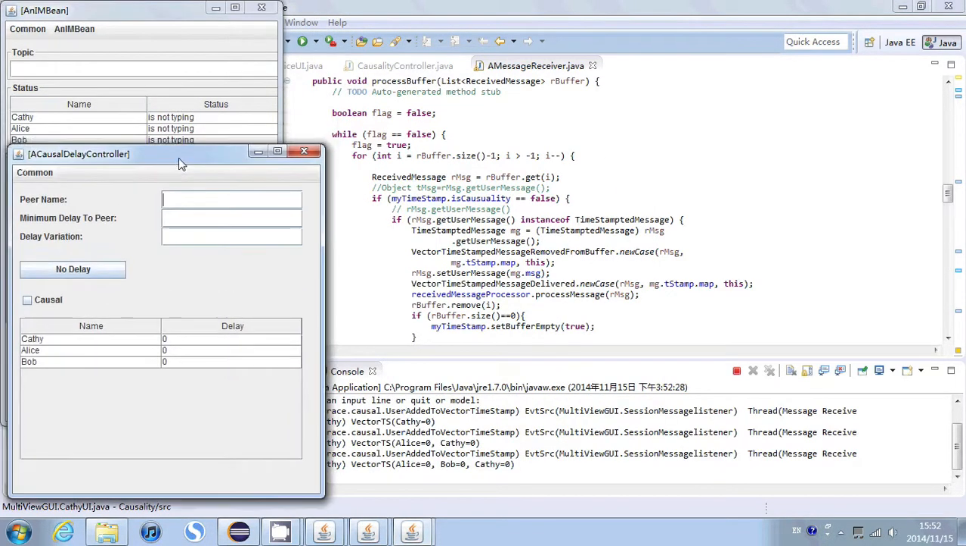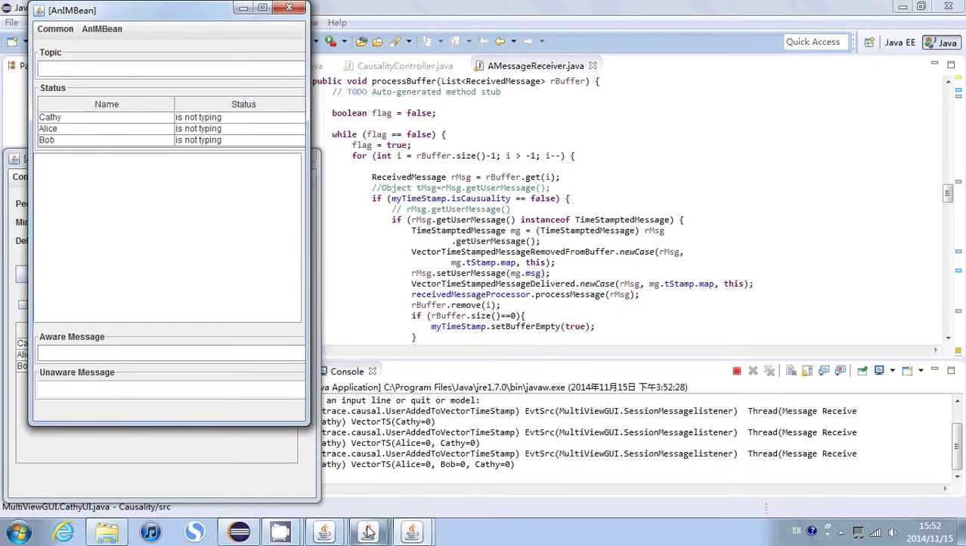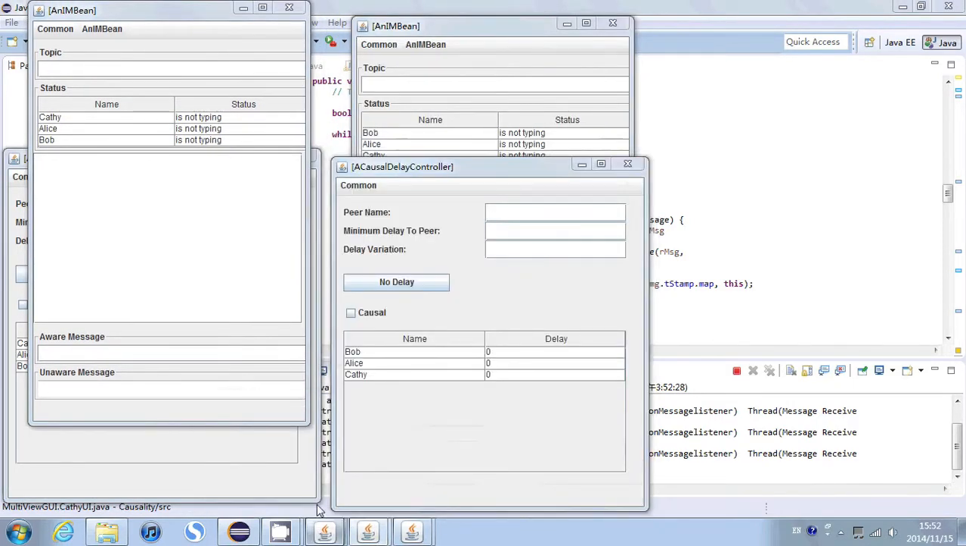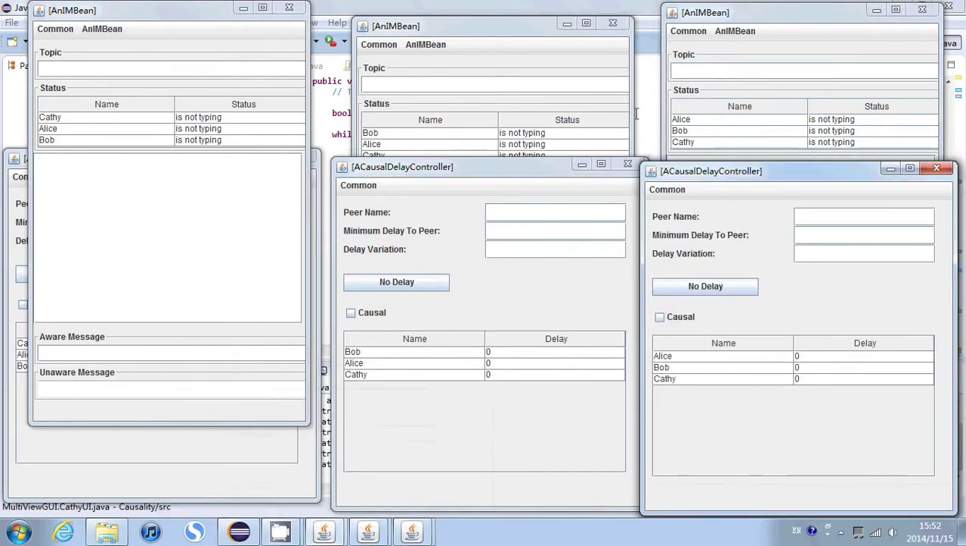To demonstrate this scenario, we will create 3 client UIs: Alice, Bob, and Xi. First we will briefly introduce how this delay controller works. As we can see, there are 2 text fields here. One is for the username, and the other one is for delay setup, which means we can use these 2 text fields to set up our delay to each other user. For example, we would like to set up the delay from Alice to Bob